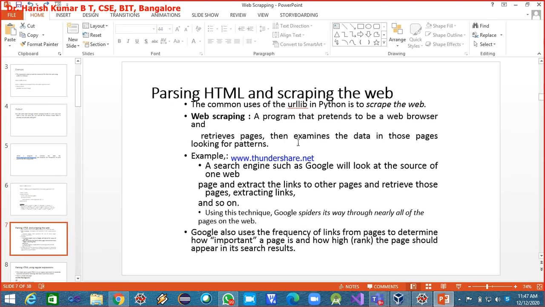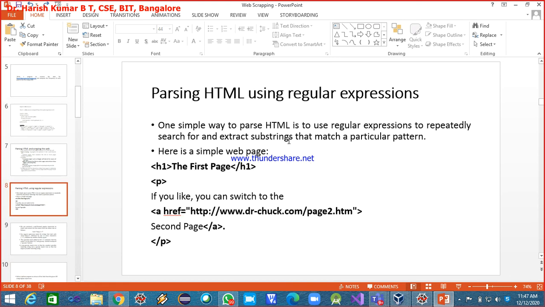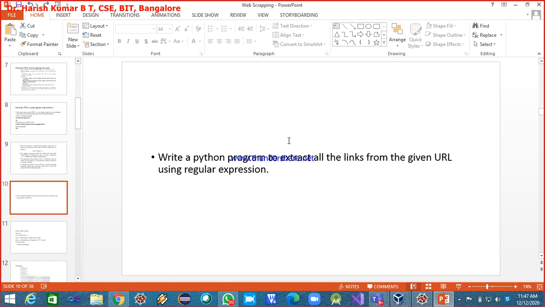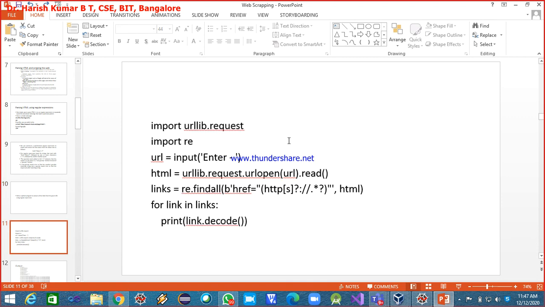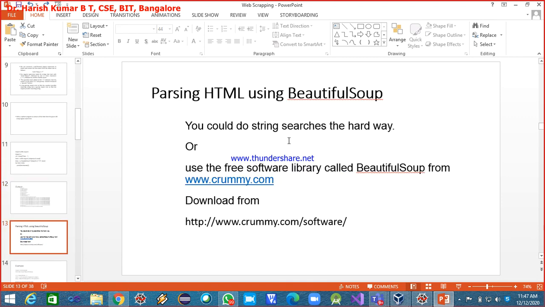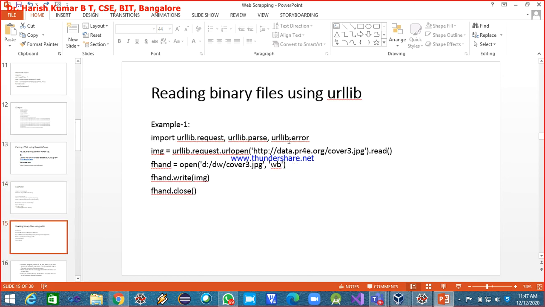And then how to do HTML parsing using regular expressions. So extracting all the links from the given URL by writing a regular expression, and then later we understood how to do the same thing by using the Beautiful Soup library. This was the example that we understood in the previous class.